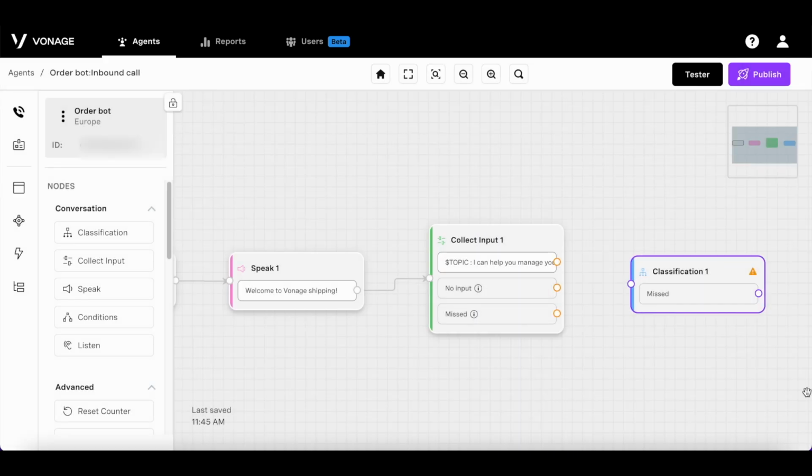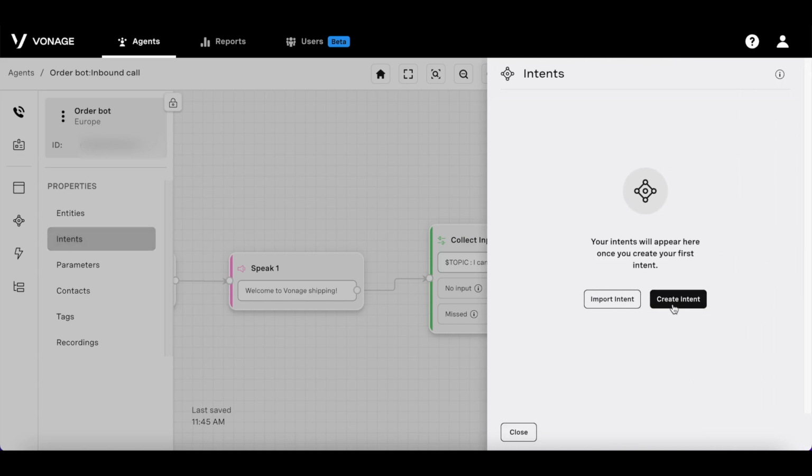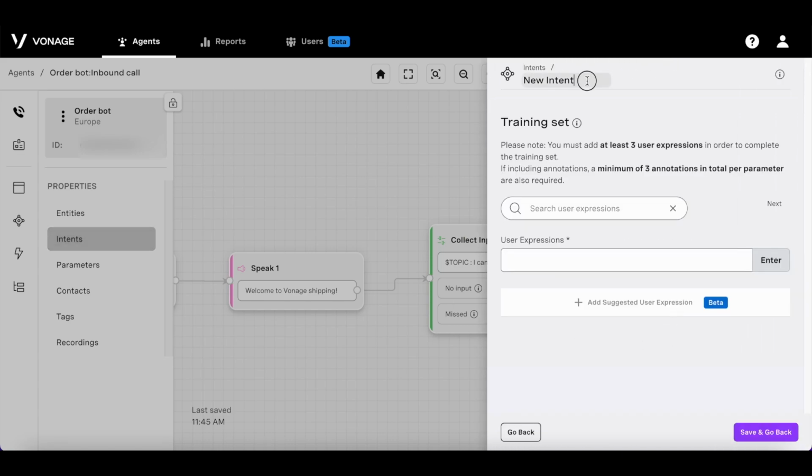Let's create our intents. To create your intents, you need to go to Properties, select Intents, and select Create Intent. We need to name the intent. So let's name one for new orders. And then we also need to specify the user expressions.